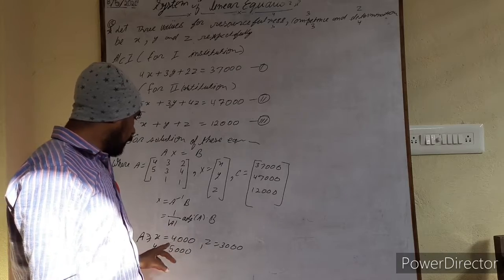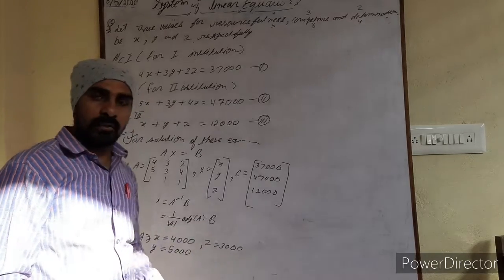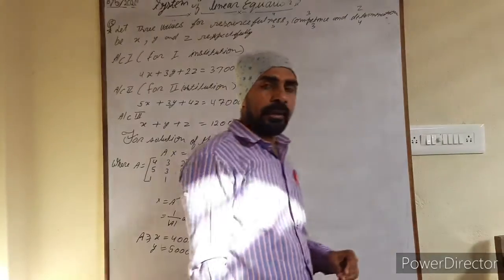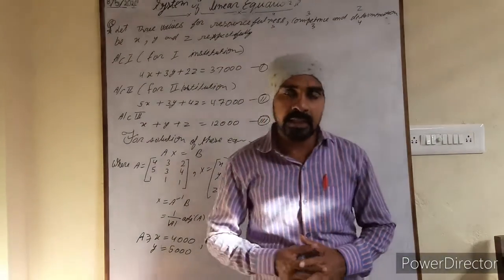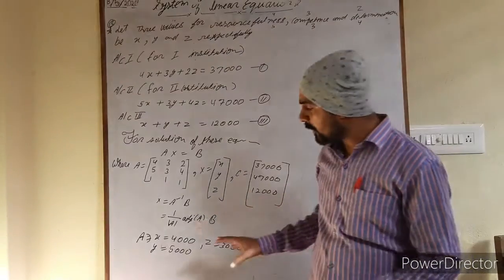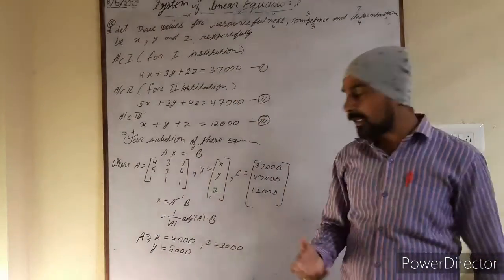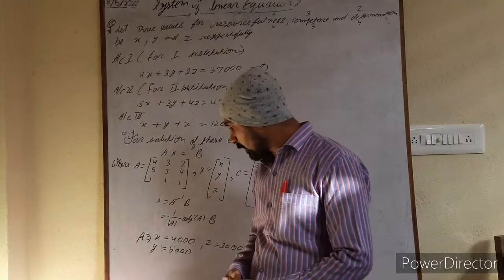Even then I am suggesting the answers. X is equal to 4000, y is equal to 5000, and z is equal to 3000 will come. So you will be able to solve it. Please solve by your hard work and with your persistency, and you are going to find the solution of this question. It is very easy. लेकिन फिर भी this is my pleasure to suggest you how to do.